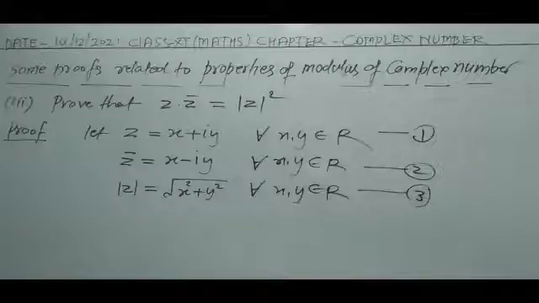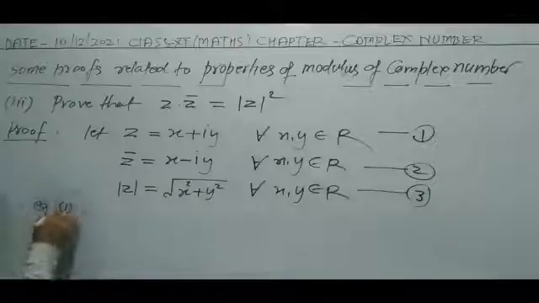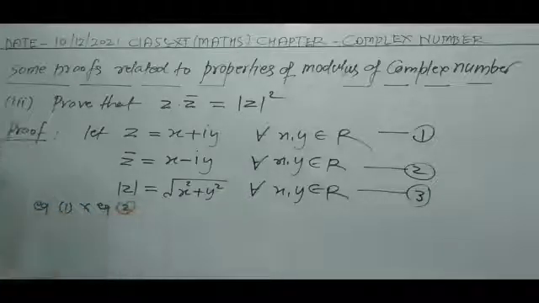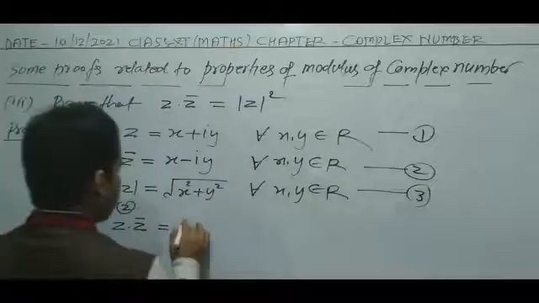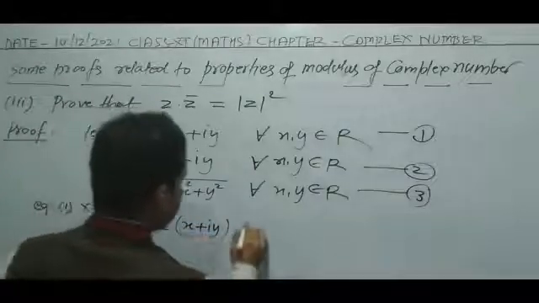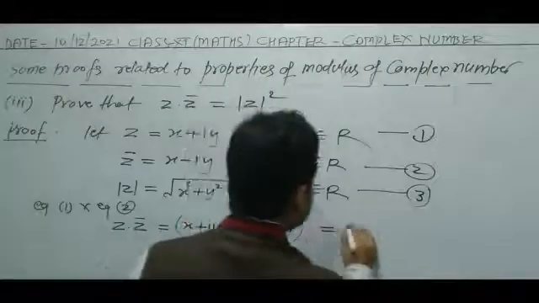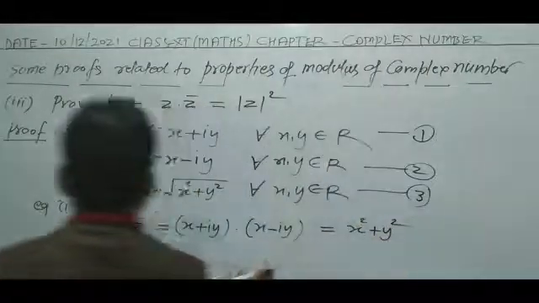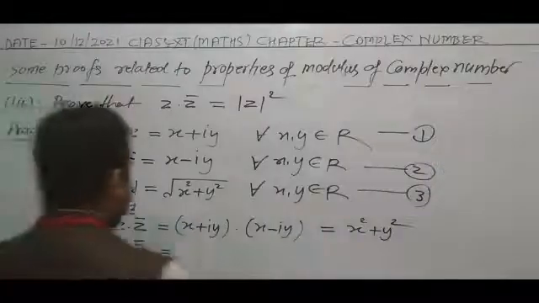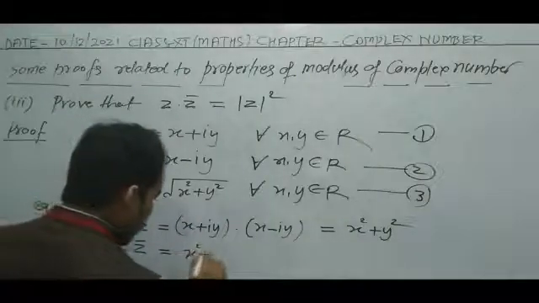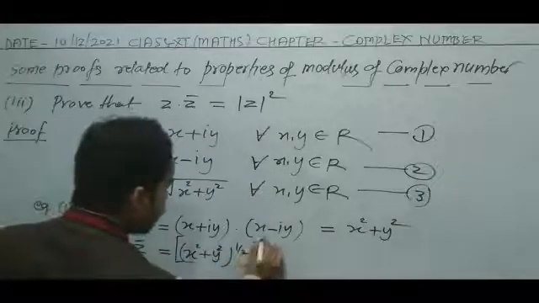Now suppose you are going to multiply equation 1 by equation 2. So z into z bar is equal to x plus iy into x minus iy, and this result we can write x square plus y square. And this result we can write x square plus y square power 1 by 2 to the whole power 2,